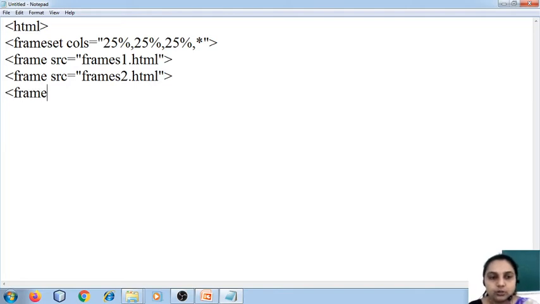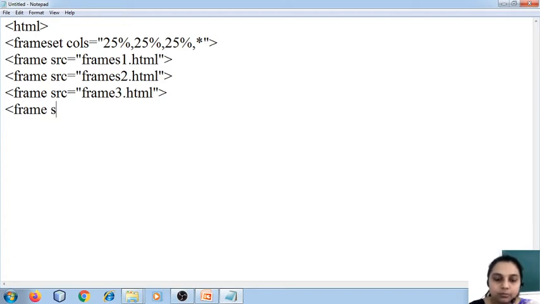Not necessary you have to use frame 1, frame 2. You can rename it as another file, but ensure that you use the same name over here when you are specifying the source. Okay, and then I close the frameset tag followed by HTML tag.